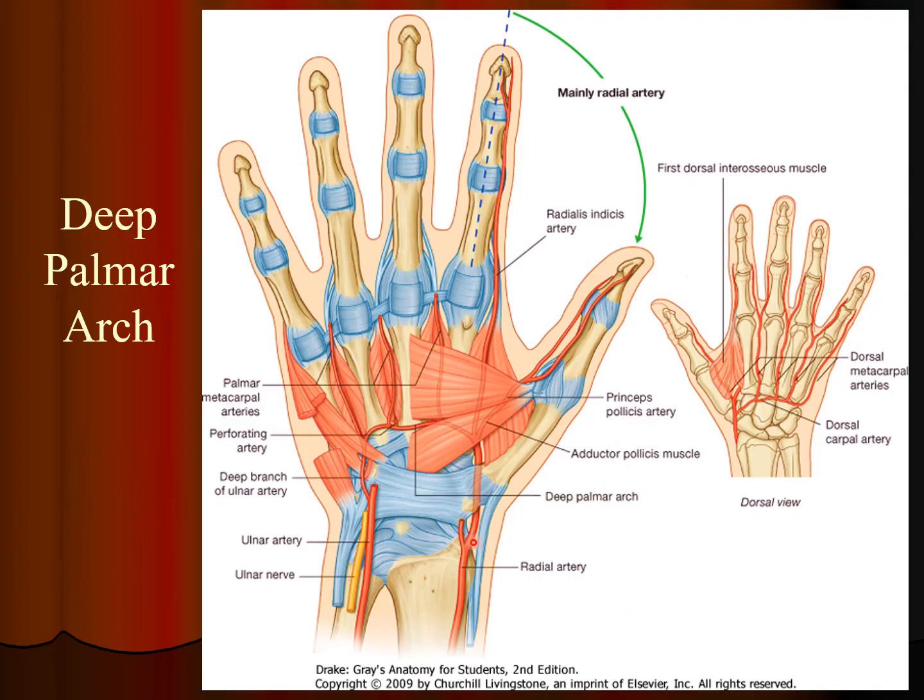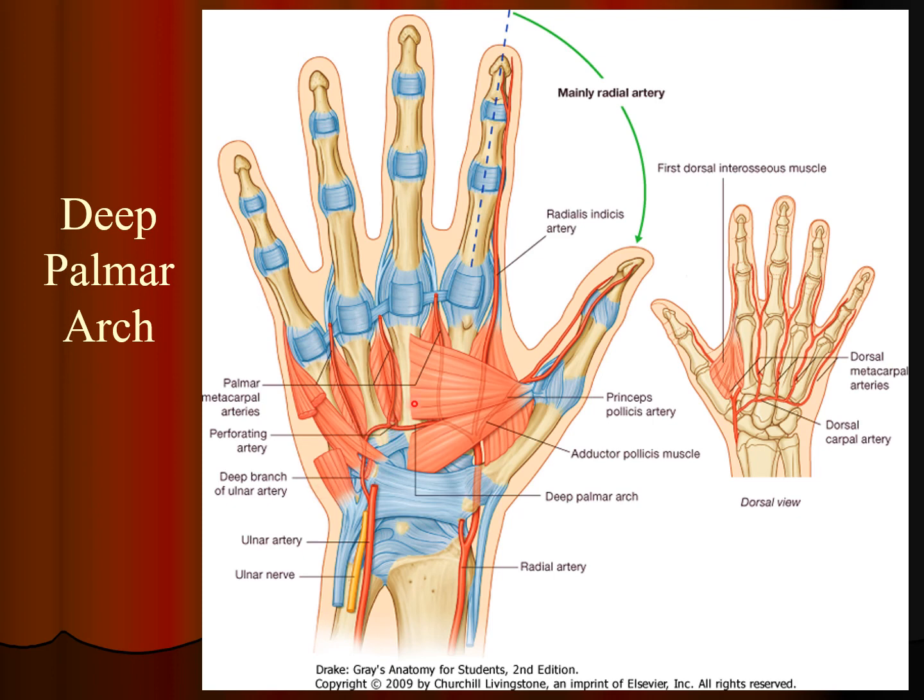So here you can see the radial artery when it passes, a superficial branch which is cut off, and a deep branch which is much thicker. That's why we say this is the direct continuation of the artery, which meets with the main ulnar artery and its terminal deep branch. You can directly see the bone and the interossei muscles. So this arch lies just over the interossei as well as the metacarpal bones, and from here it gives different branches which supply the palm.